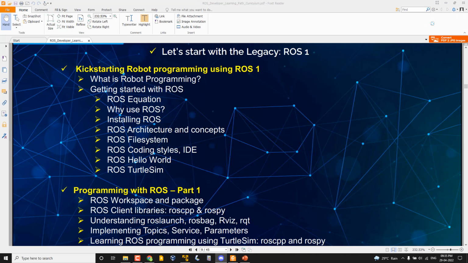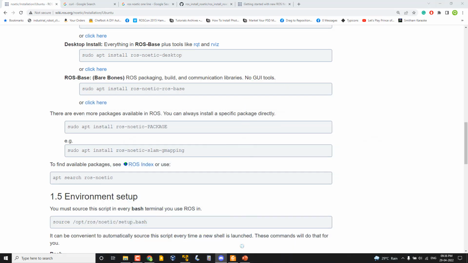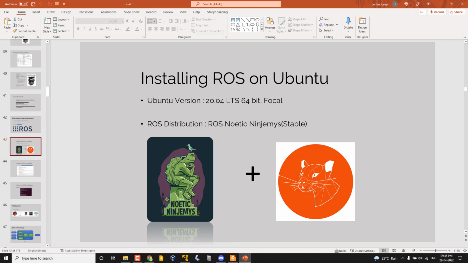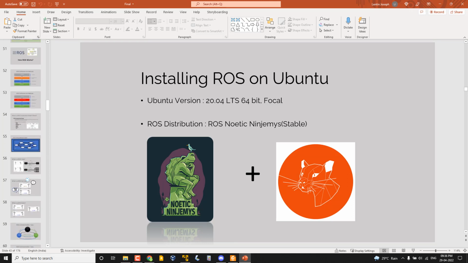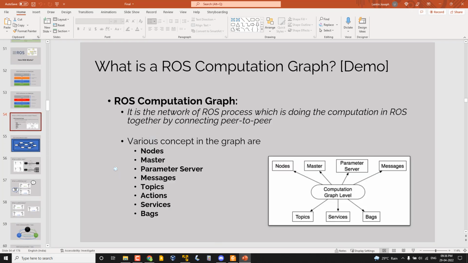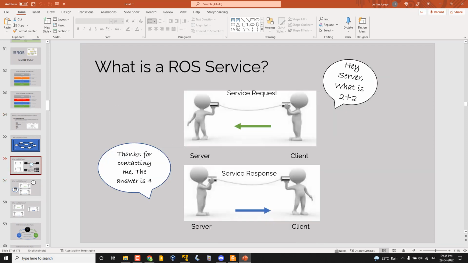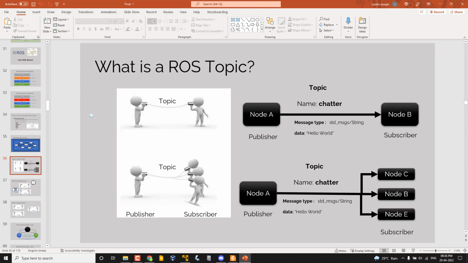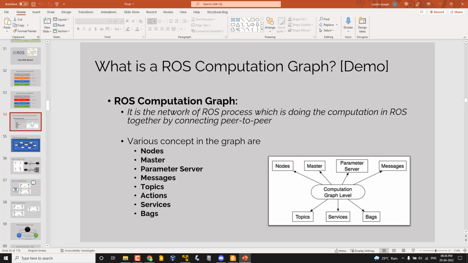So let's start with some more concepts. It will not take much time. Maybe I can quickly go through it. Maybe I can visually teach you. I hope you are clear with the ROS topics, ROS messages,